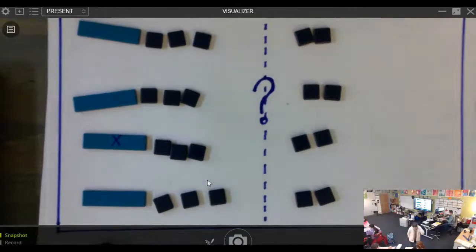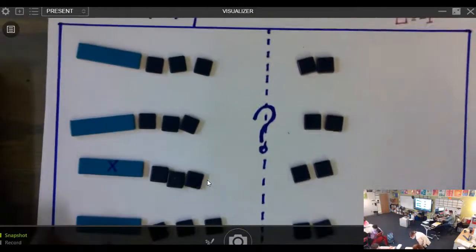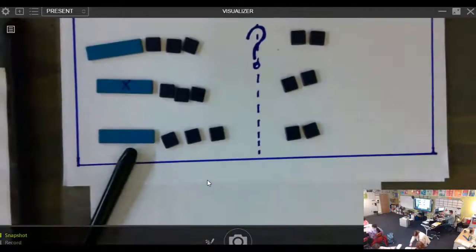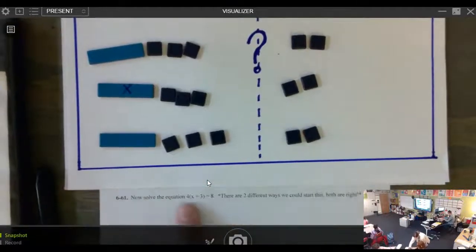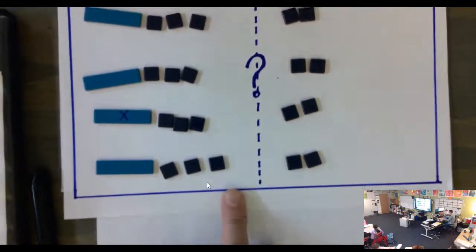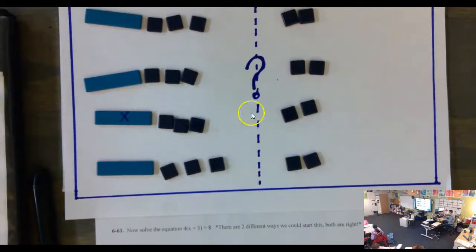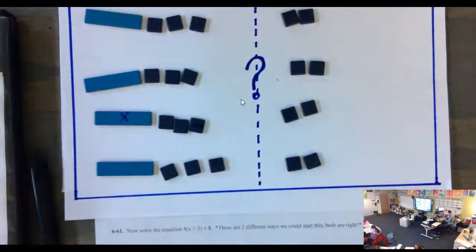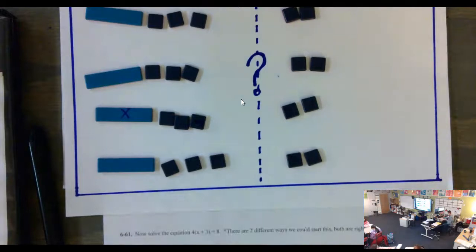So I think what our paper says is 4 sets of x plus 3. Sorry, so I got all 4 sets of x plus 3 equal to 8. Let's do the distribution first. So if I put all of these together, if I draw the arrows,